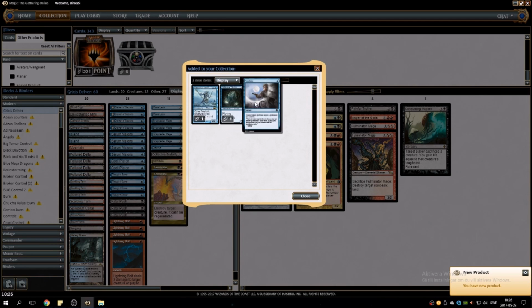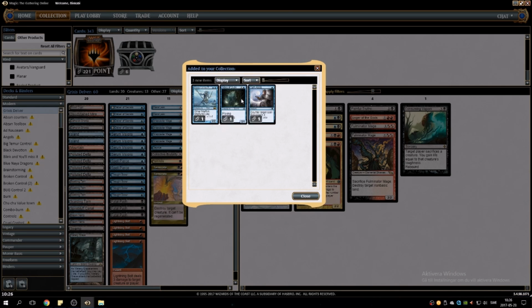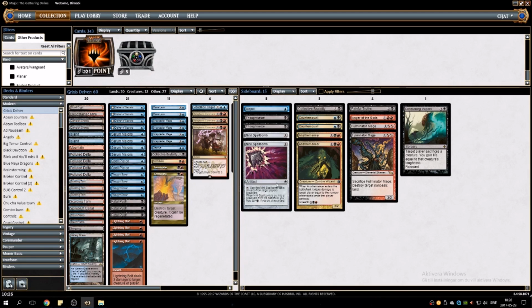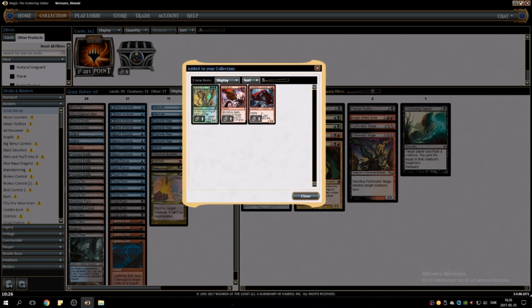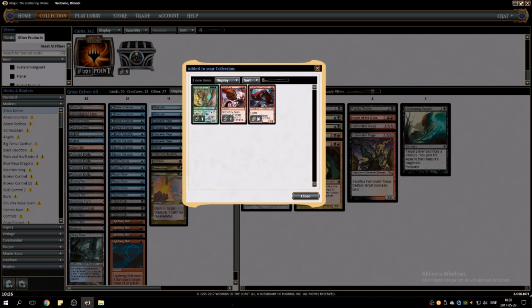Master of the Pearl Trident. You see a blue theme going here. Niblis of Dusk. Decent card. Aggressively costed. And Turn Aside, which is sometimes a really good spell and sometimes just very bad. Verdant Force. Yes, now we can play old formats. Stone Fury is okay. Very expensive though. But at the same time you would probably not cast it early, so...